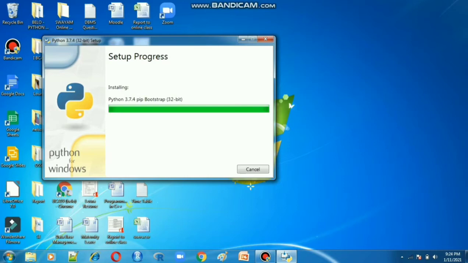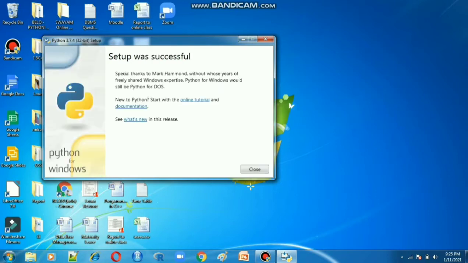So one by one, you have to install this software properly on your computer or laptop, and only then execute all your Python codes. See here, setup was successful. I will close that.